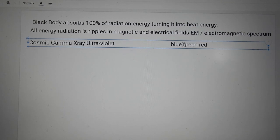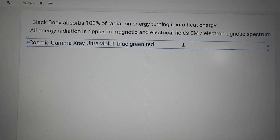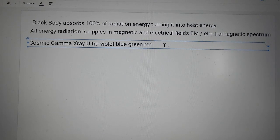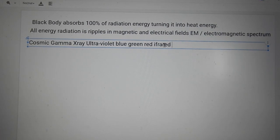Have I got them all? I think I've got all the dangerous ones. And then I say to my students, what about safe radiation? Radiation that can't give you cancer. I've already mentioned one. It's cameras, it's heat radiation, infrared. So I like my students